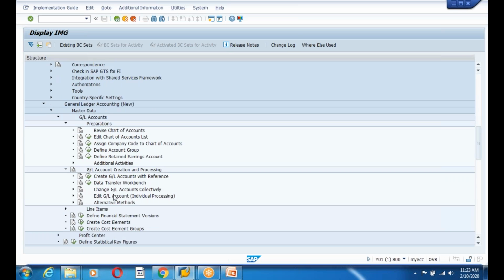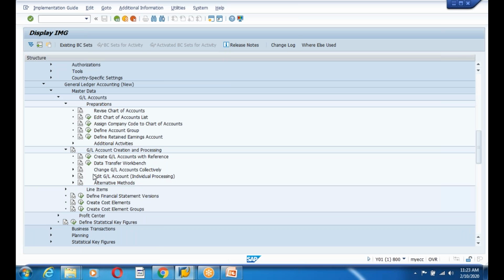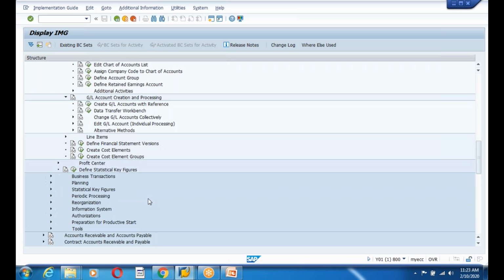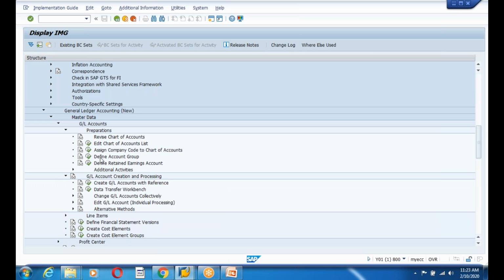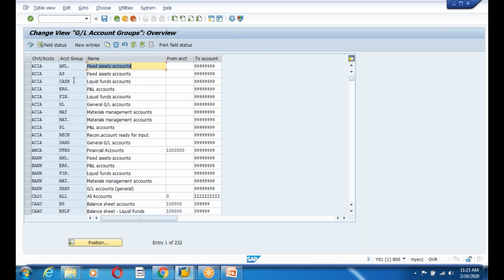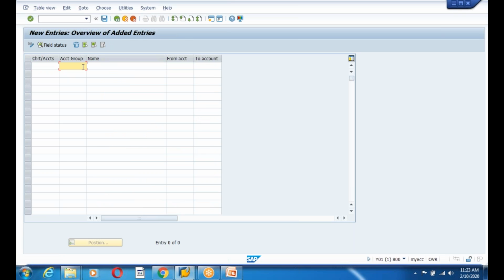Define number range here, where I am stuck. Assign company code. Somewhere I define account groups. Okay, maybe I go to the new entries,